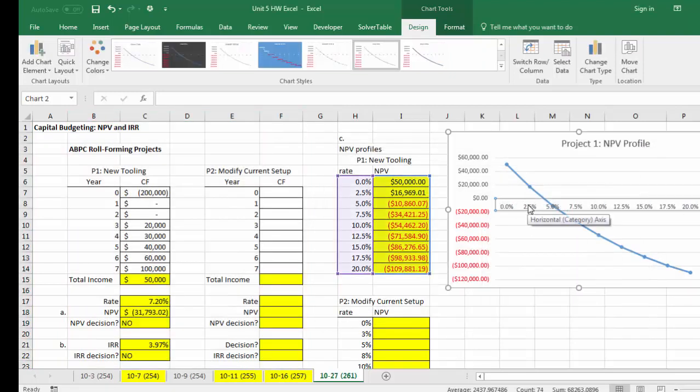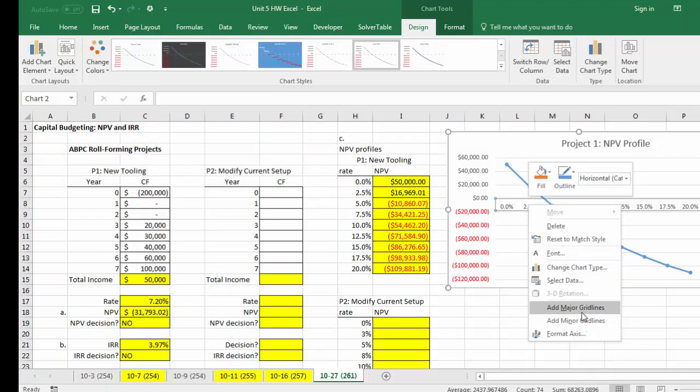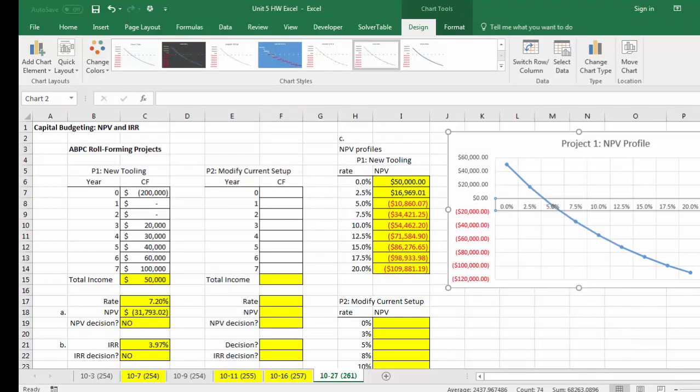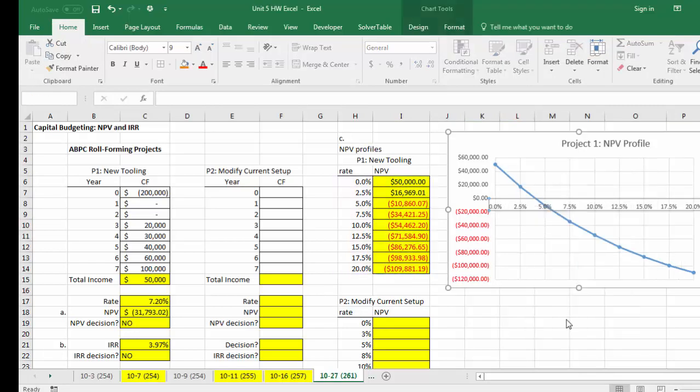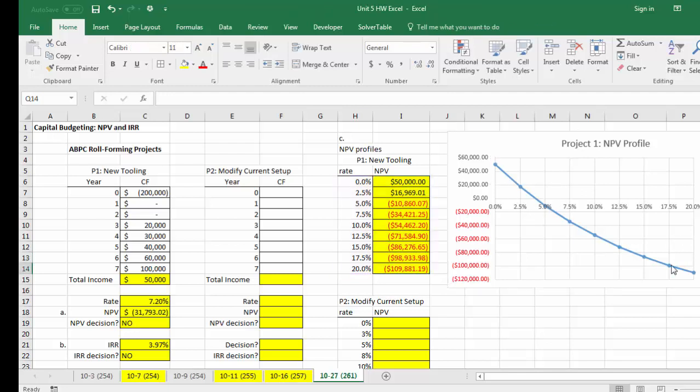And we could probably format this a little bit nicer by adding some grid lines to the vertical. There we go. I like that. Okay, so we could clean up the formatting here a little bit. In fact, I'm just going to rearrange that a little bit. I like my values for my horizontal labels to be on the lines, not between them. But that's just me. All right, so there's our net present value profile for project one,